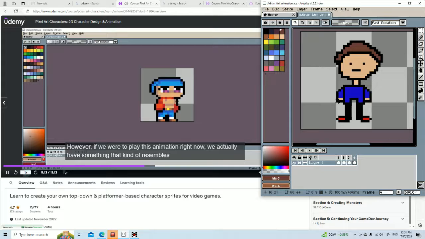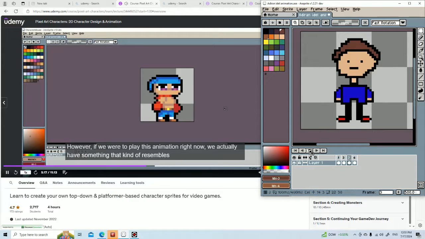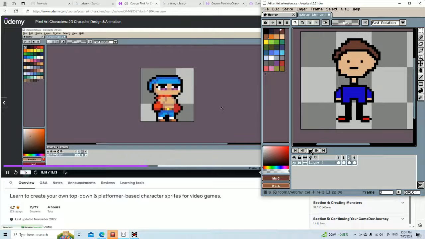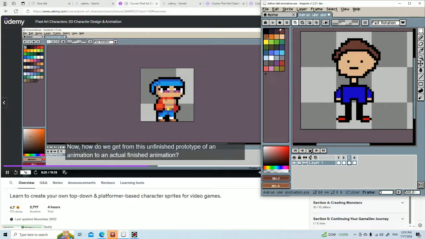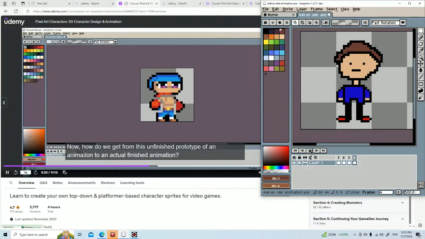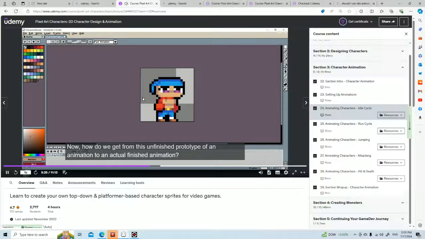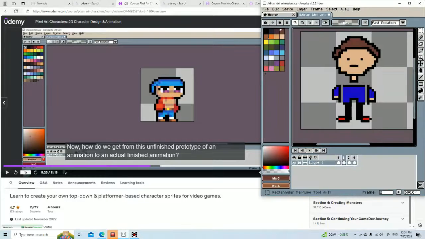However, if we were to play this animation right now, we actually have something that kind of resembles our end result. Now, how do we get from this unfinished prototype of an animation